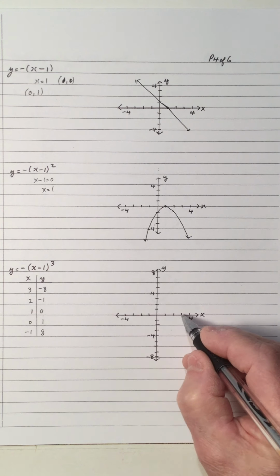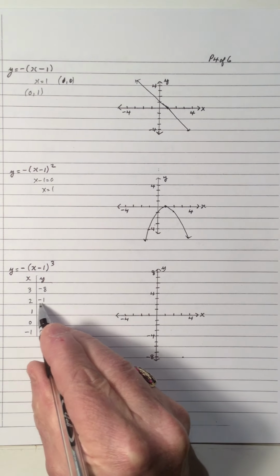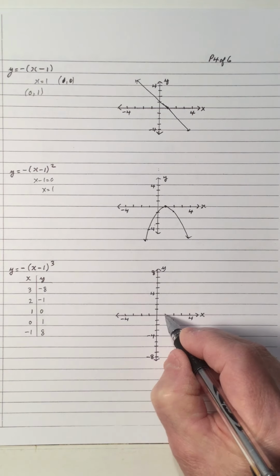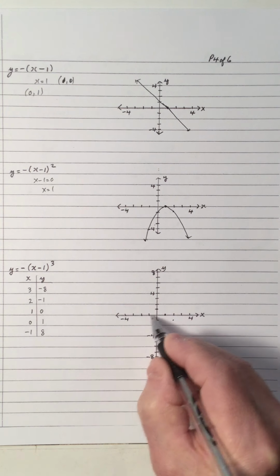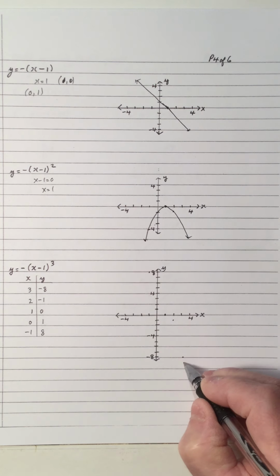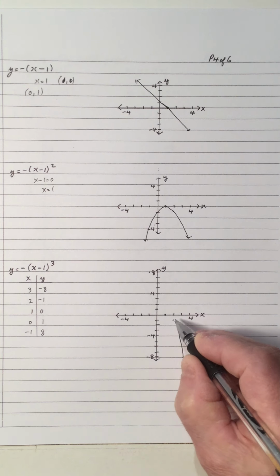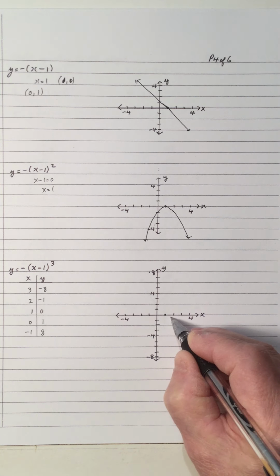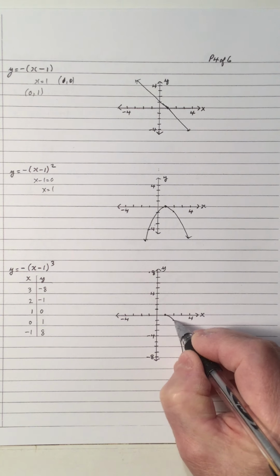So 3 gives negative 8. 2, negative 1. 1 gives 0. 0 gives 1. And negative 1 is 8. So notice the graph is coming up from here. So you come up, up, up. And notice this is the intercept. After you leave this one, it goes into here, like this. And it hits right here. So the bend is occurring